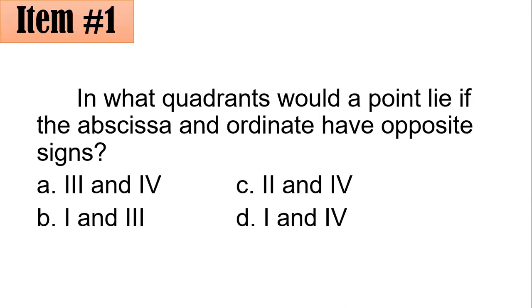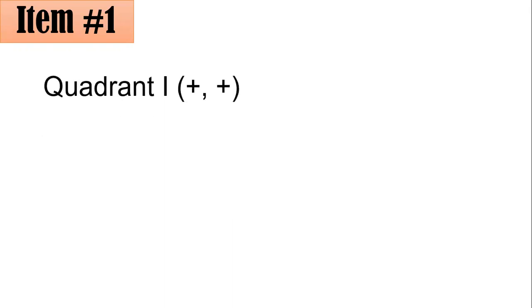In what quadrants would the point lie if the abscissa and ordinate have opposite signs? Is it 3 and 4, 1 and 3, 2 and 4, or 1 and 4? What do you think? Here, we could see that quadrants are named in a counterclockwise direction starting from